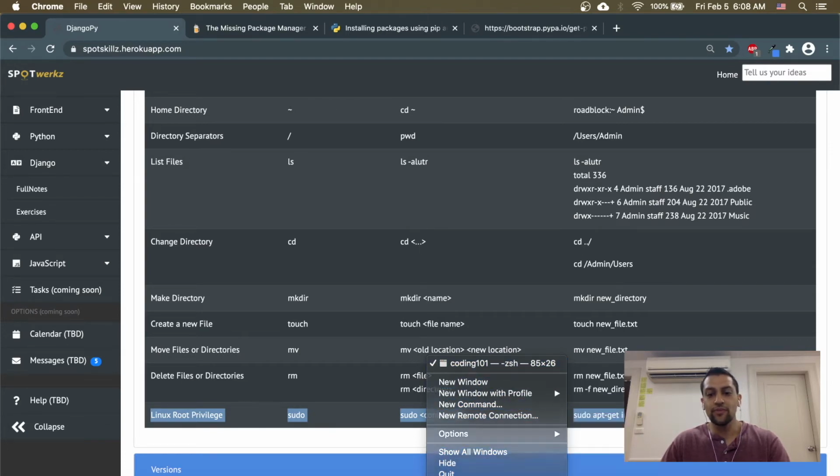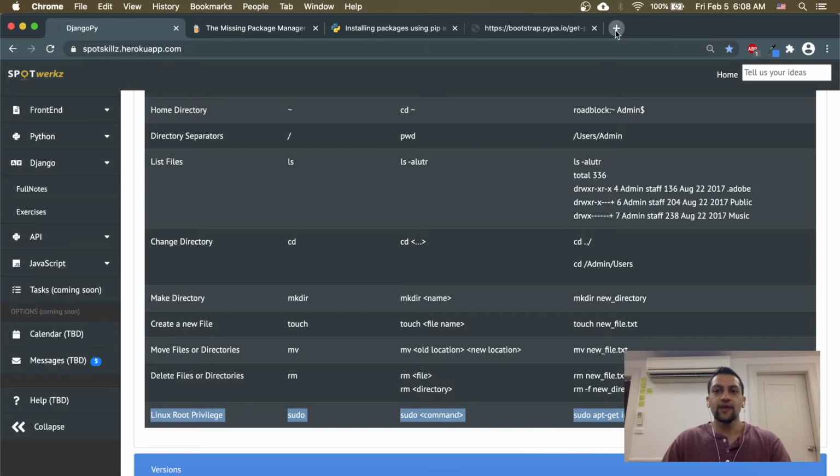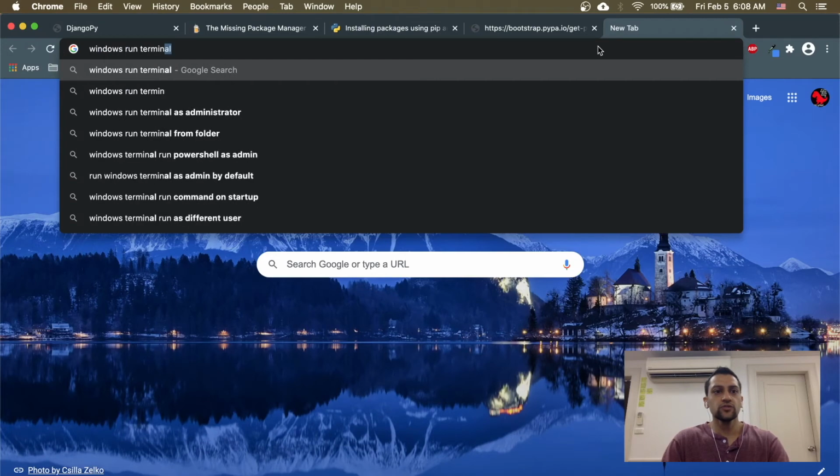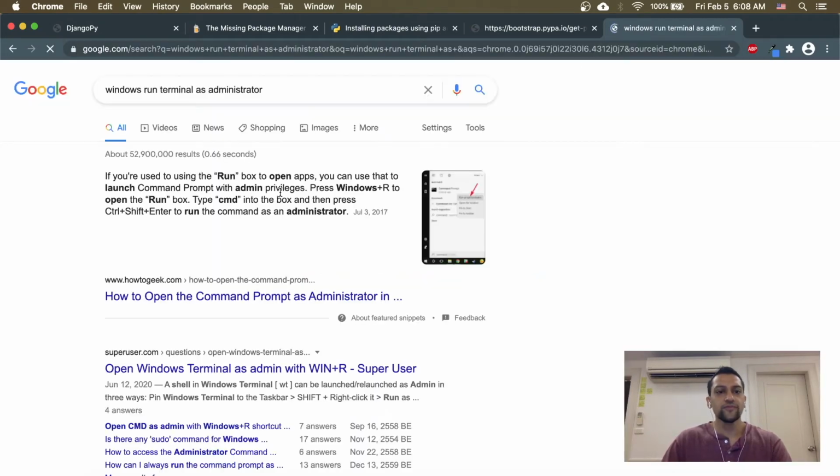I think I can find a link for Windows, run terminal as administrator, แล้วก็จะแสดงว่าใช้วิธีอย่างไรครับ how to run as administrator แล้วก็หลังจากนั้นมี admin privileges มี root privileges ของ OS ของคุณได้ครับ